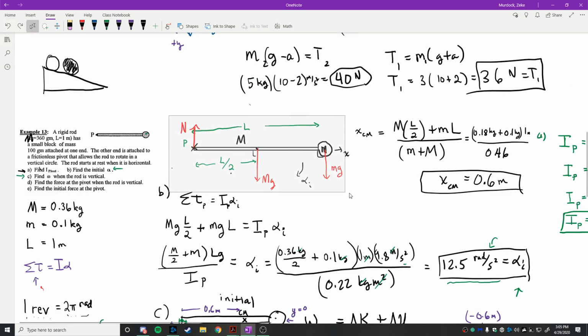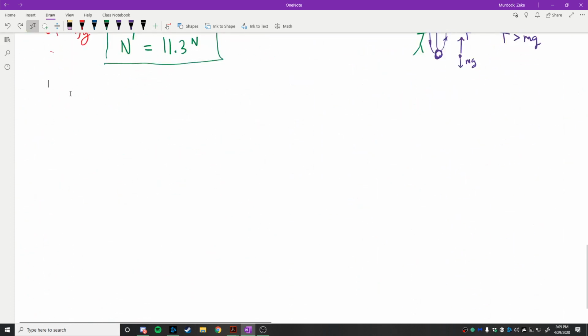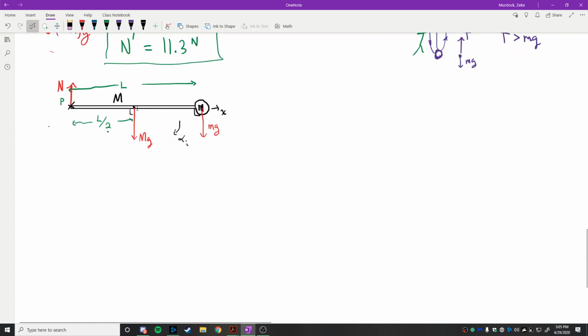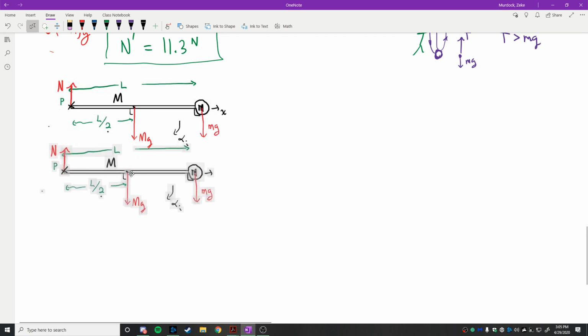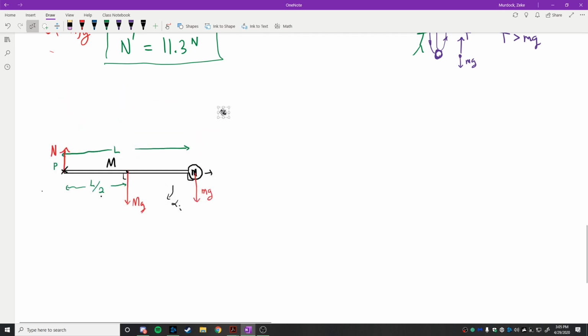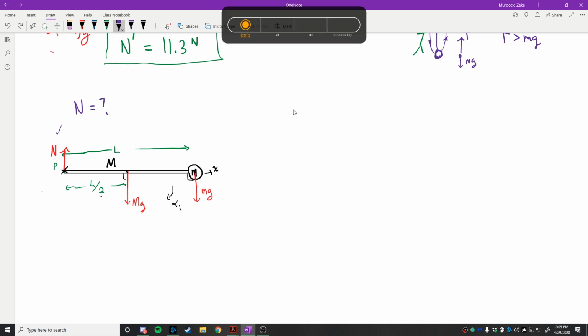So that's where we're getting back to this equation here, and I'm going to bring that down here so that we can find that guy now. What is N equal to? That's part D, or part E, or whatever. So now